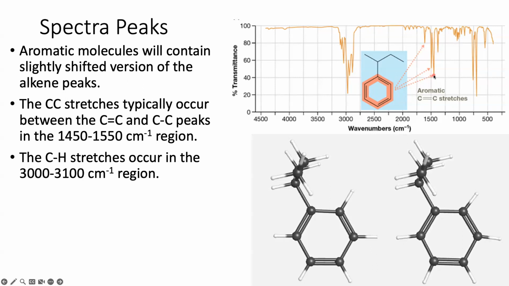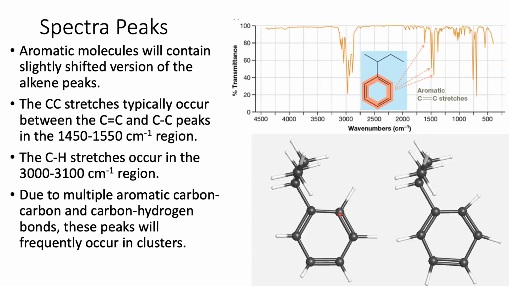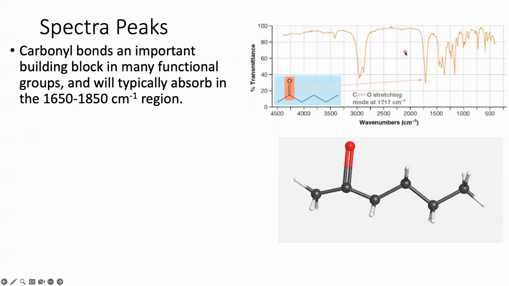Another important thing worth noting is that aromatics, by their nature, involve at least 6 carbons and often involve many hydrogens. So as a result, these peaks often occur in clusters where I'm going to have multiple carbon-carbon bond stretches and multiple carbon-hydrogen stretches. For more complex molecules, you may see more or less of these bonds depending on how light can be absorbed through the molecule. But if you're seeing frequent stretches, especially paired with location, start thinking a little bit more aromatic or